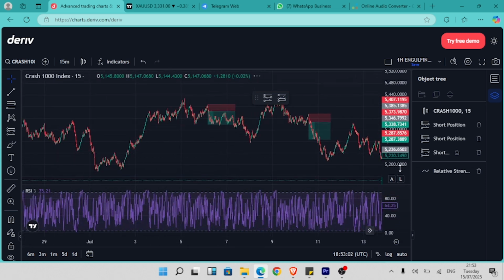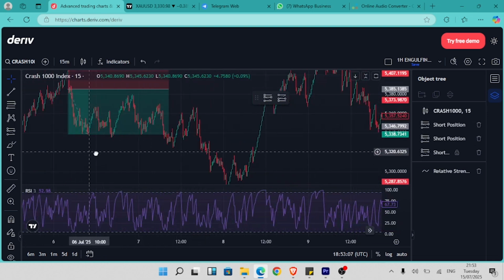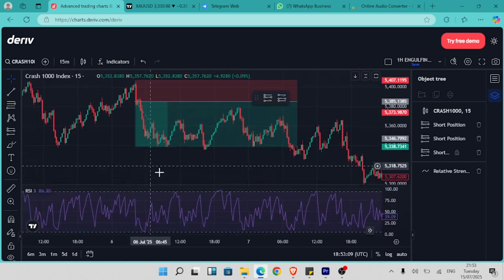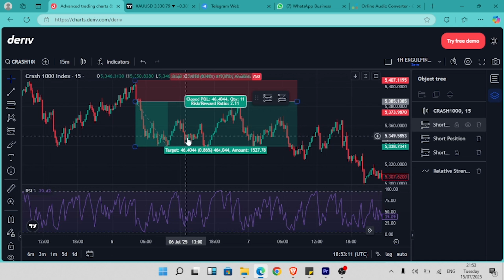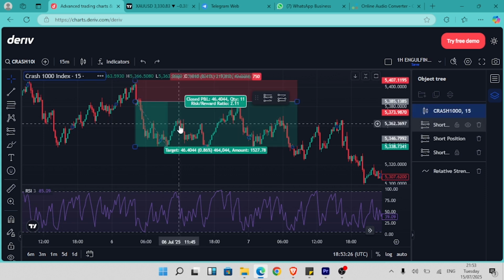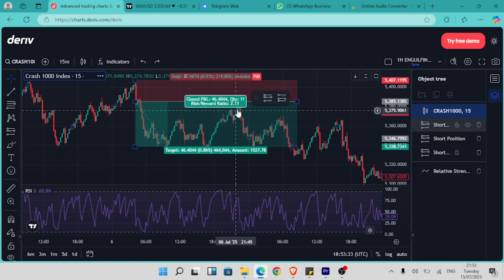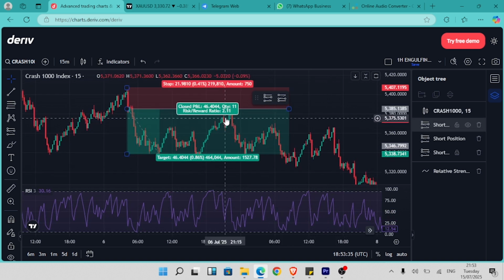Let's get there. Yeah, we have an opportunity in the 15-minute time frame. The first one was this one. You take this, you hold until, okay, the first position you can take is immediately the engulfing candle closes, and then the next position is here. You take this. What just happened? Yeah, you take this and you hold that position, or you take another one here and then you stack the positions until you get